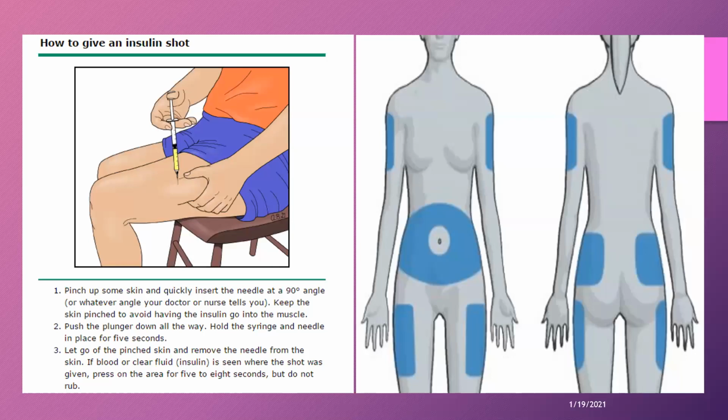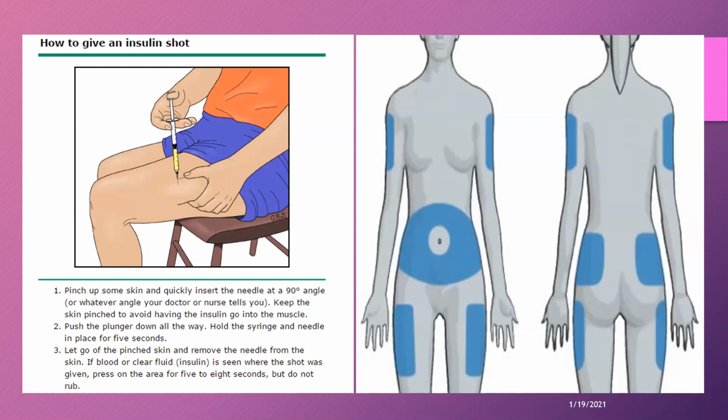This is a picture which shows the famous and important insulin injection sites. One has to remember them. The picture on the right side here can show you the areas. This is the periumbilical abdominal surface area, the lateral and front of the thigh, and the lateral surfaces of the arms, and also the upper part of the back of the buttocks.